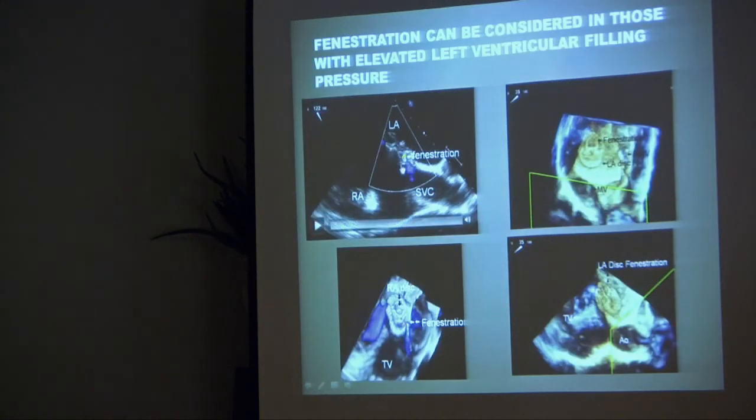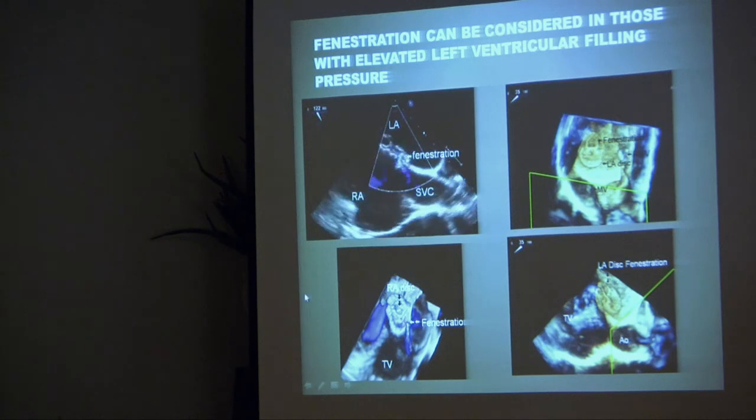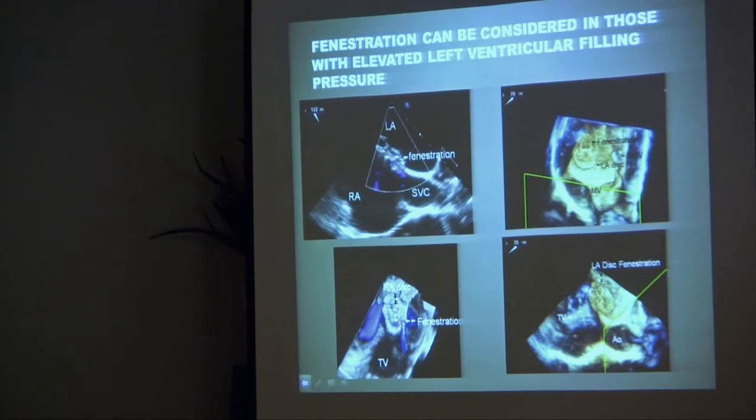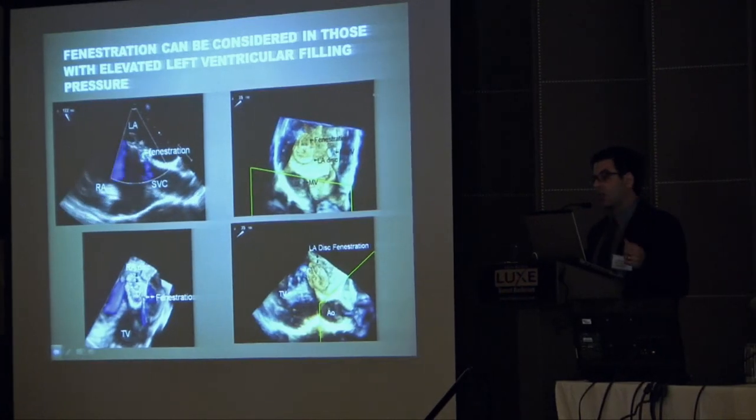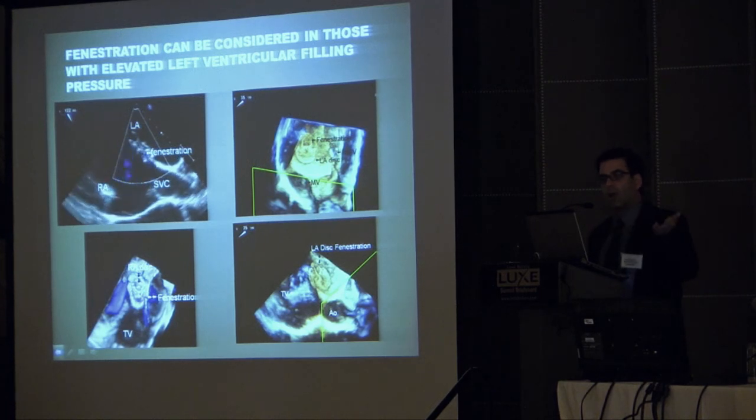Here's an example of a transesophageal echo in a patient who was in their 80s. I got called to the VA to help out with this case, who was found to have about a 2-centimeter atrial septal defect. But this man had diabetes, hypertension, atrial fibrillation, was volume overloaded, and had pulmonary hypertension. His left atrial pressure, directly measured, was about 16 millimeters mercury. And he had a net shunt of about 1.7, 1.8 to 1